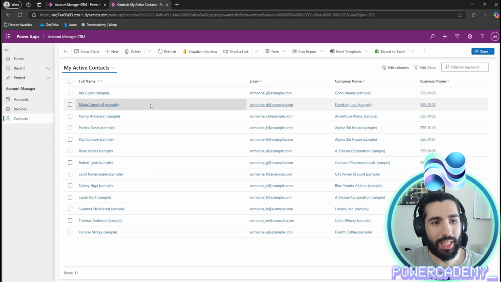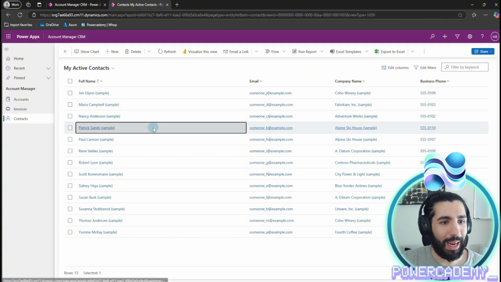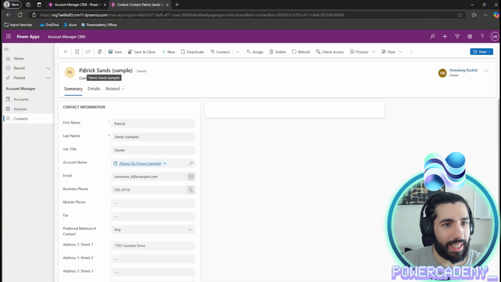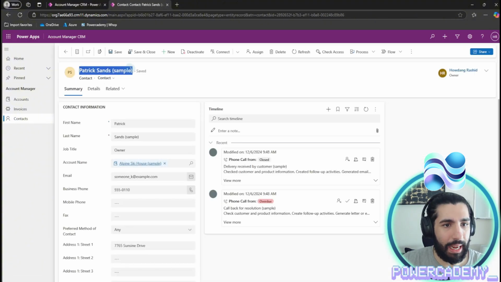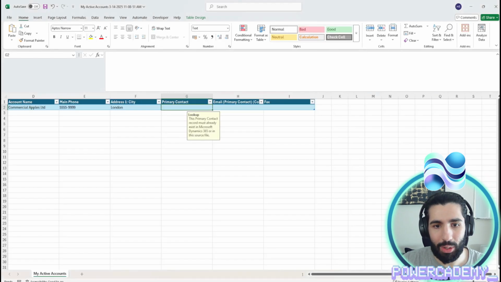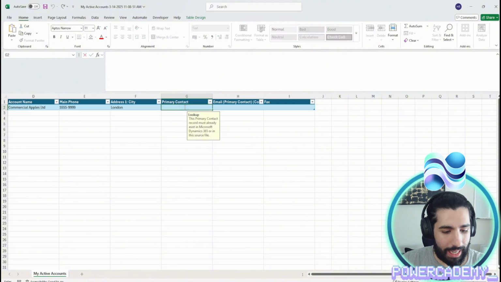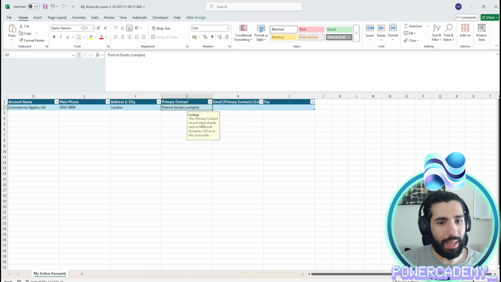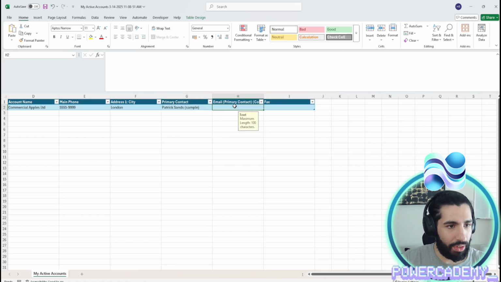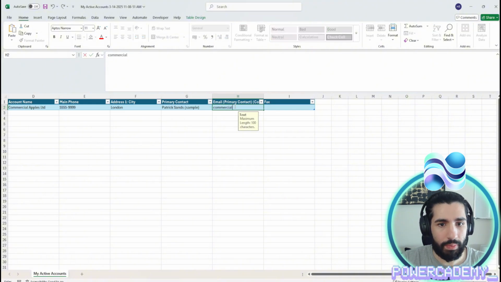So let's say all of these contacts need to be owned by Patrick Sands. We need to come in here and take the exact name for Patrick Sands, which here is Patrick Sands sample. And we'll go back to the Excel and just paste that in. If it's a lookup, just bear in mind that it already needs to exist in the system, as it's already explained to you. So we'll put the address as commercial apples limited